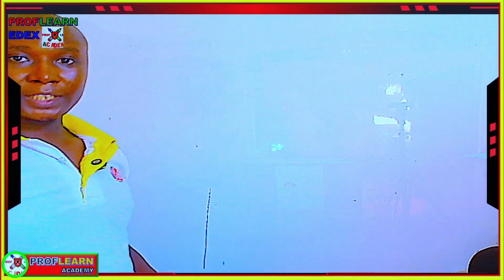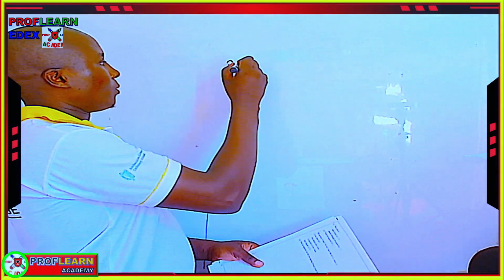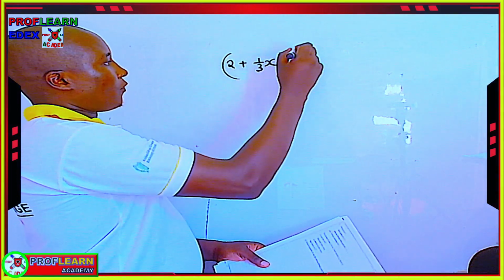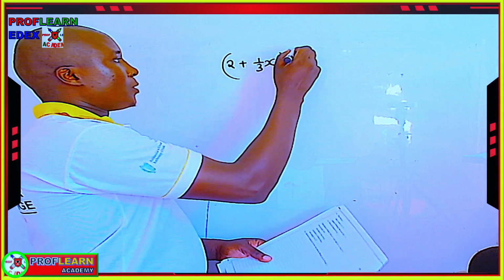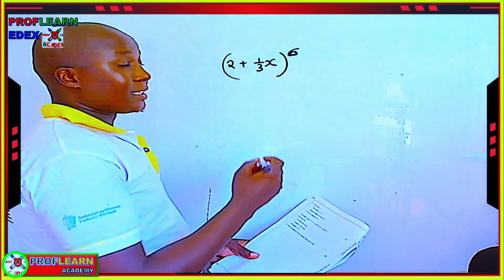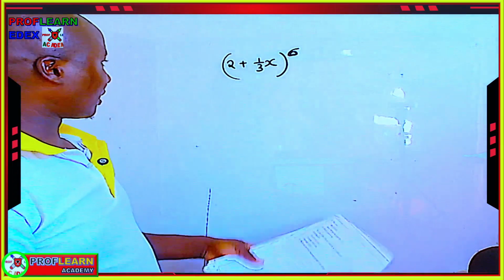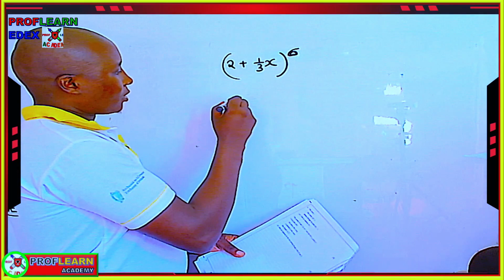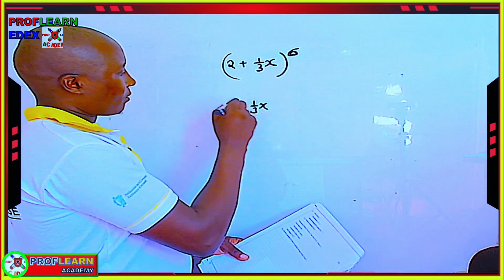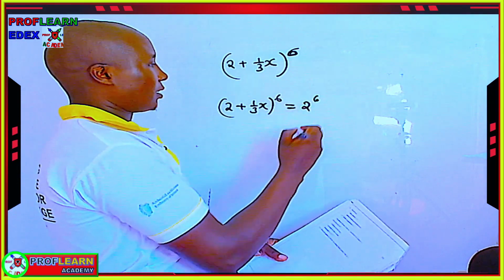Now, apart from just finding a coefficient, if you are given a question like 2 plus 1 over 3x raised to power 6, and you are told to expand and get up to the first 3 terms, what are you supposed to do in that kind of scenario? You are going to say this, 2 plus 1 over 3x raised to power 6, is the same as 2 raised to power 6